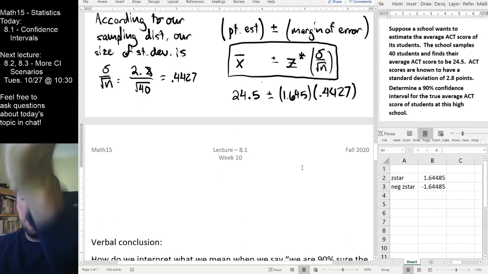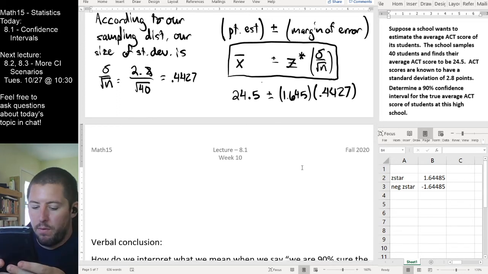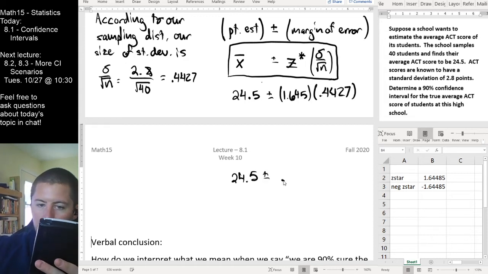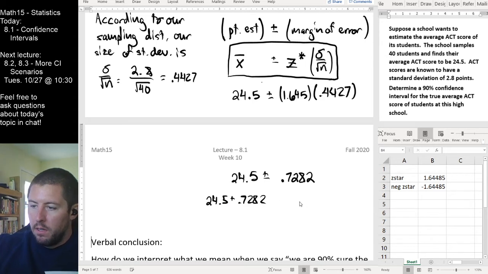I'm going to hit my calculator up again, and I've got my 0.4427 times 1.645. That's giving me 0.7282. And I can now do my plus and my minus right here. So 24.5 plus 0.7282, 24.5 minus 0.7282,